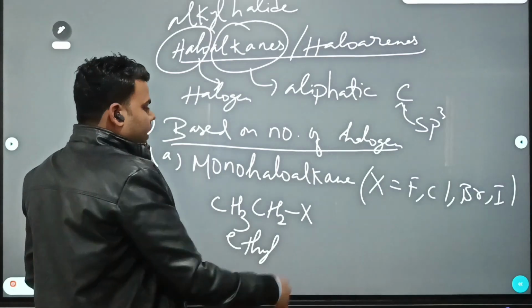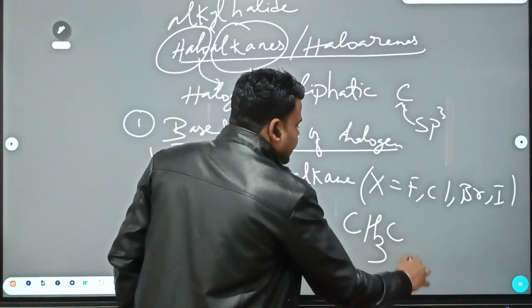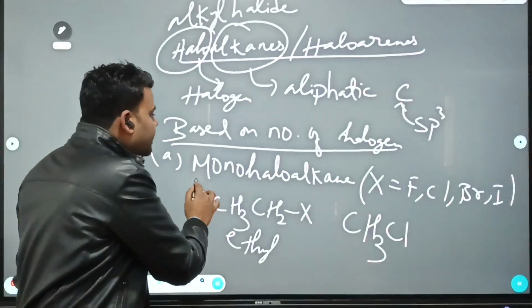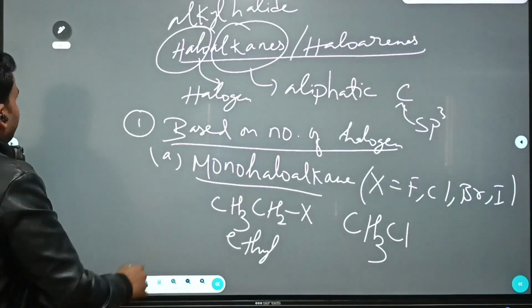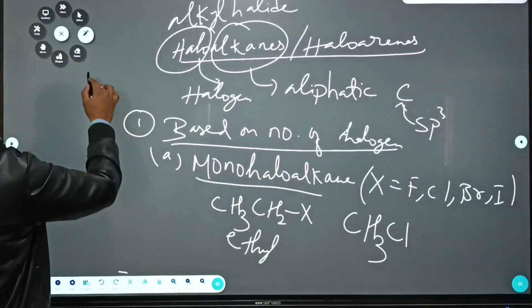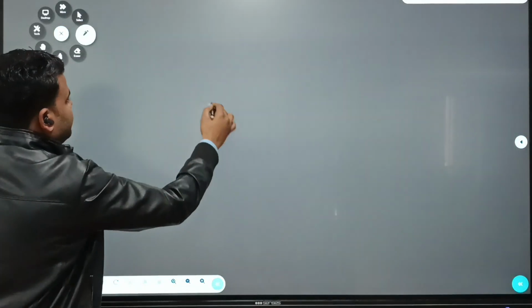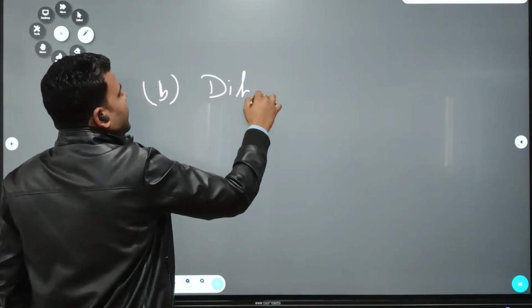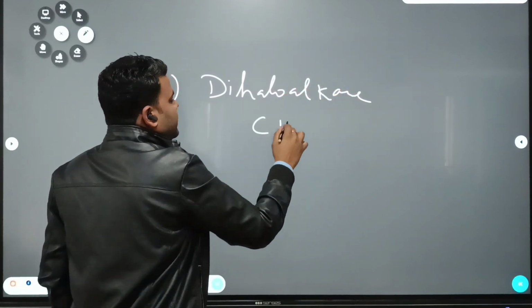Okay. Now another example if I give you here, okay, CH3Cl. One halogen is there, so even this one will come under haloalkane. Now apart from this, okay, we can have dihaloalkane also. That will be the second one. Dihaloalkane. Okay. That means